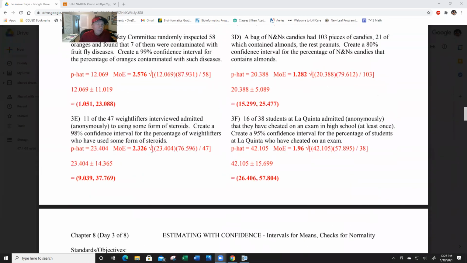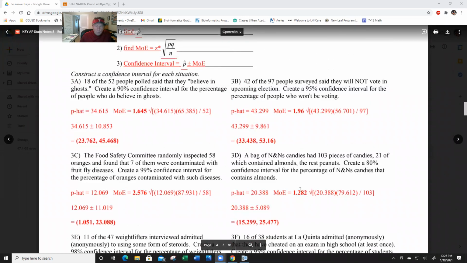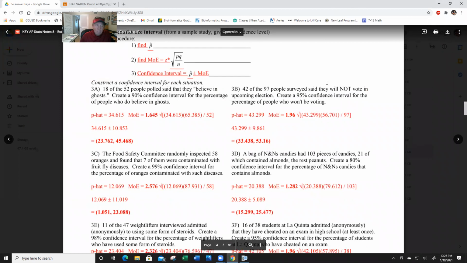Okay, like I said, we got 4 more of these. We'll get really good at them, okay? So let me make this a little smaller so I have this room up here to always operate. Okay, 3C. The Food Safety Committee randomly inspected 58 oranges and found that 7 of them were contaminated with fruit fly diseases. Create a 99% confidence interval. No problem. Okay, so we got 7 over 58. I'm going to write it up here. 7 over 58. That is a percentage of about 12%. Okay, so 0.12 plus or minus